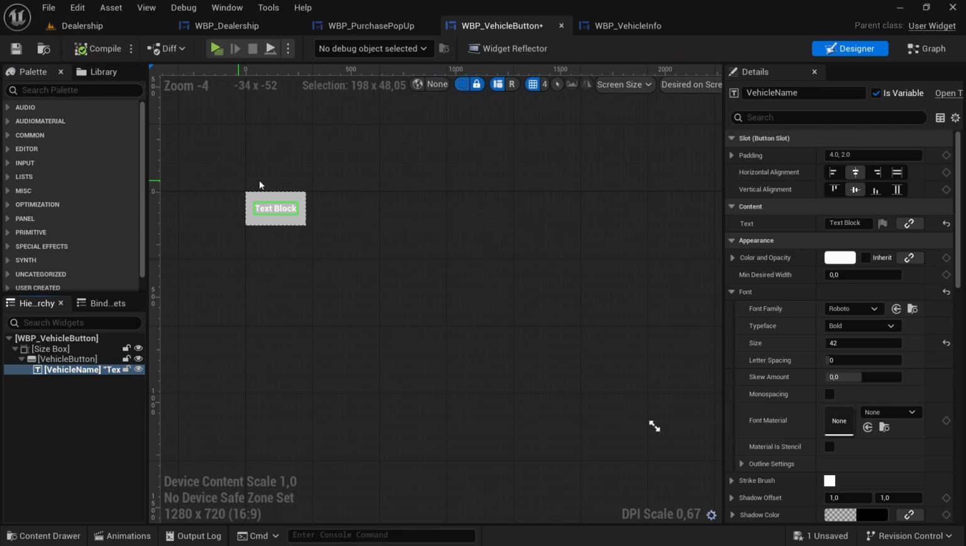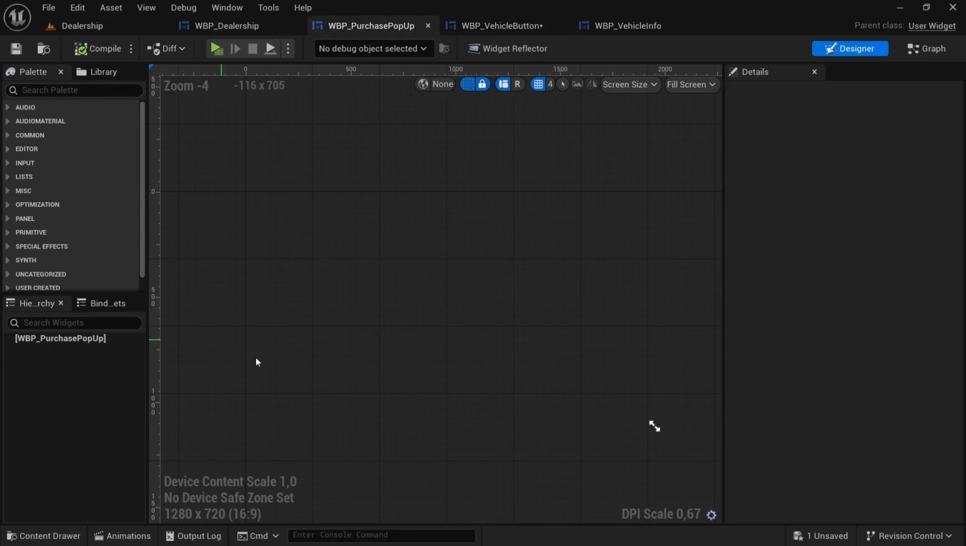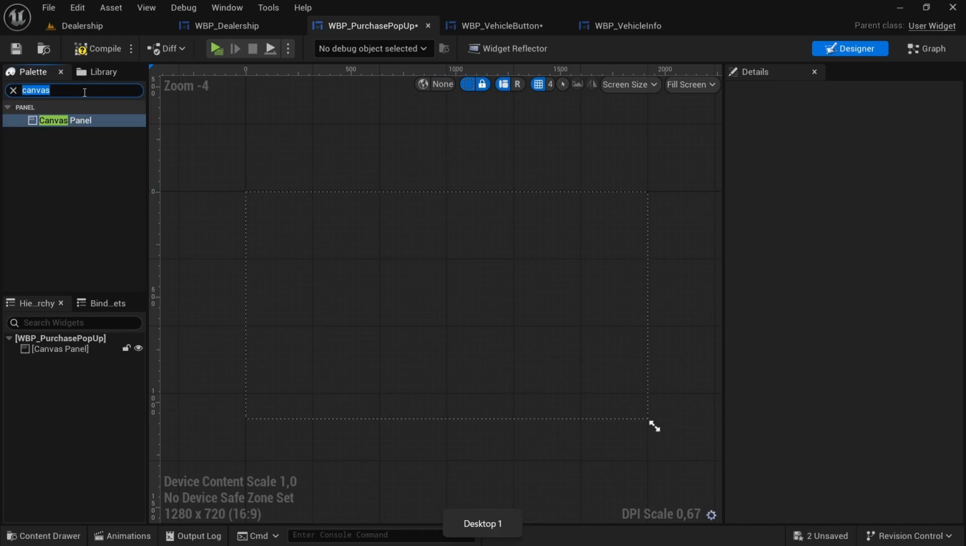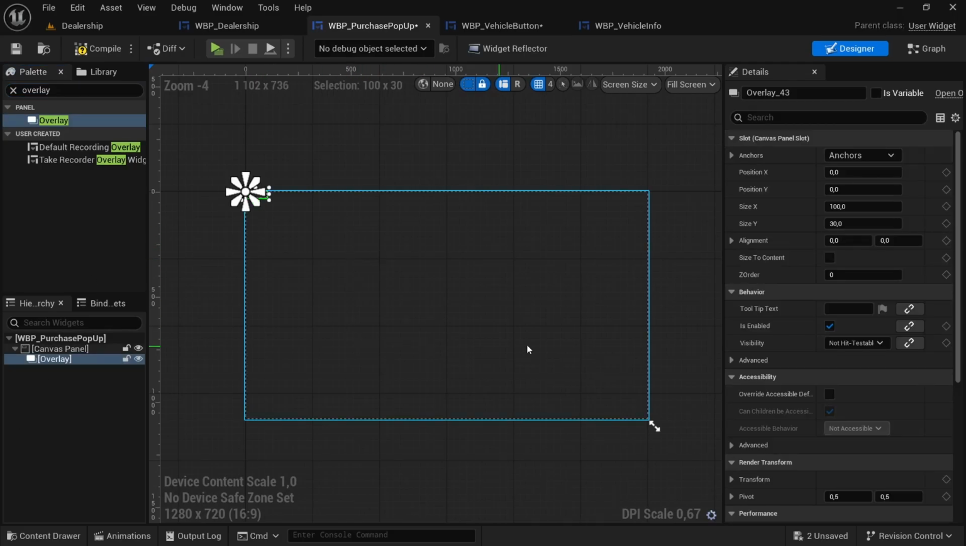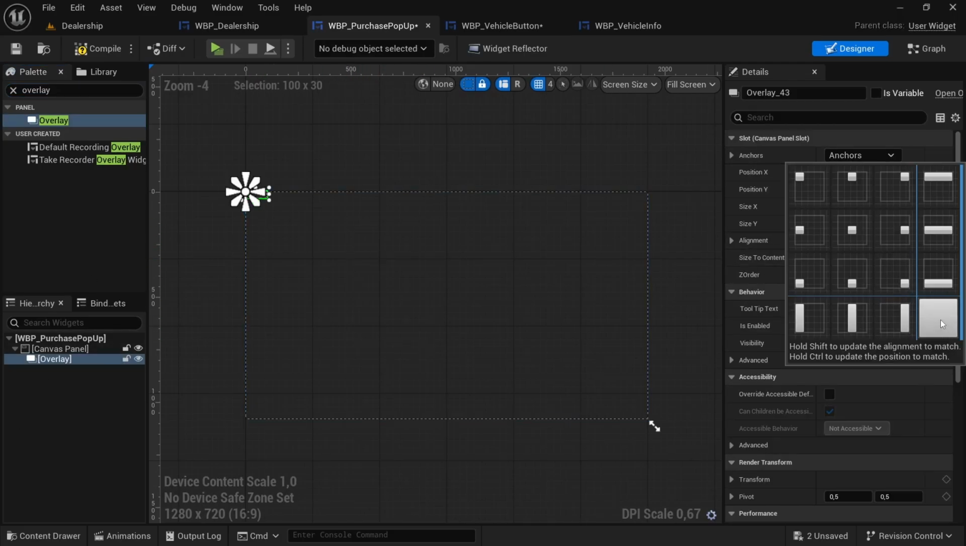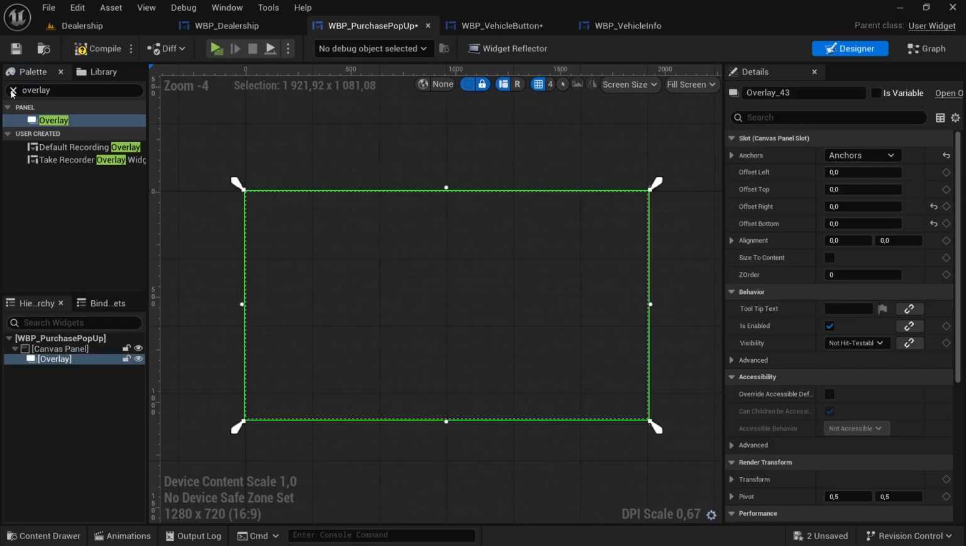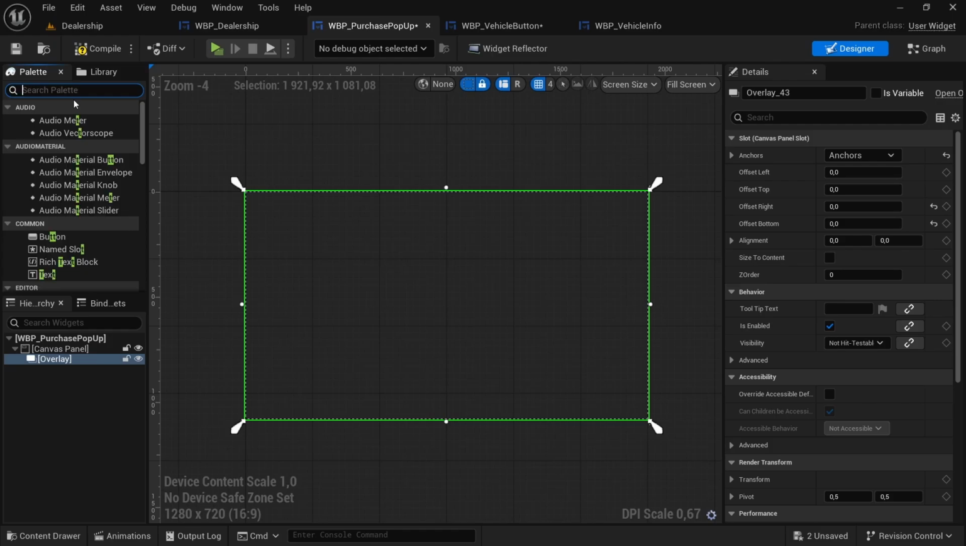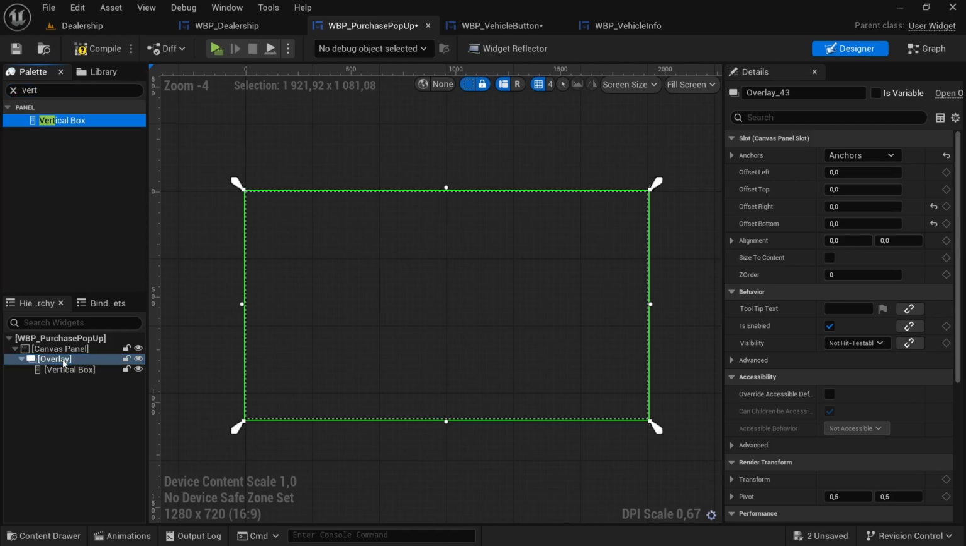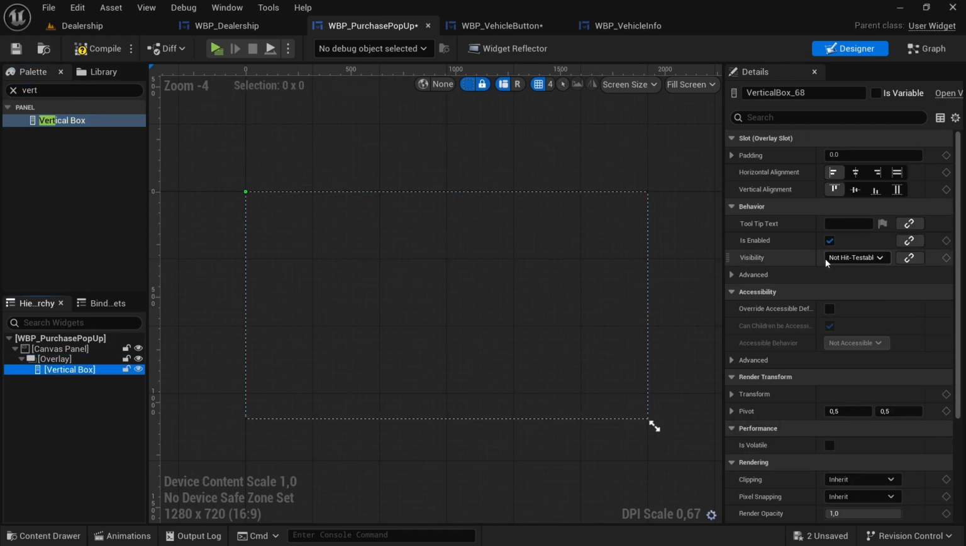I'm going to compile, and then the next one we're going to do is the purchase pop-up, and then in here we are going to add a canvas panel, and then on the canvas panel we're going to add an overlay, and then select the overlay, anchors, shift control, anchor it to the entire screen, and then we're going to select a vertical box first,